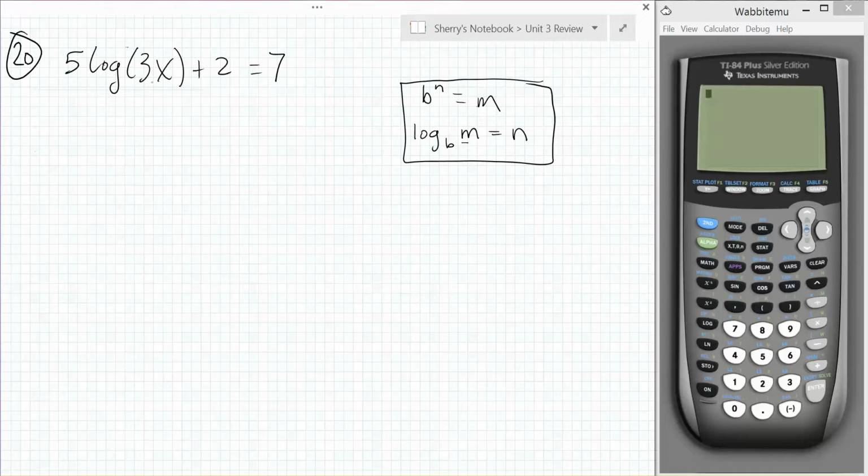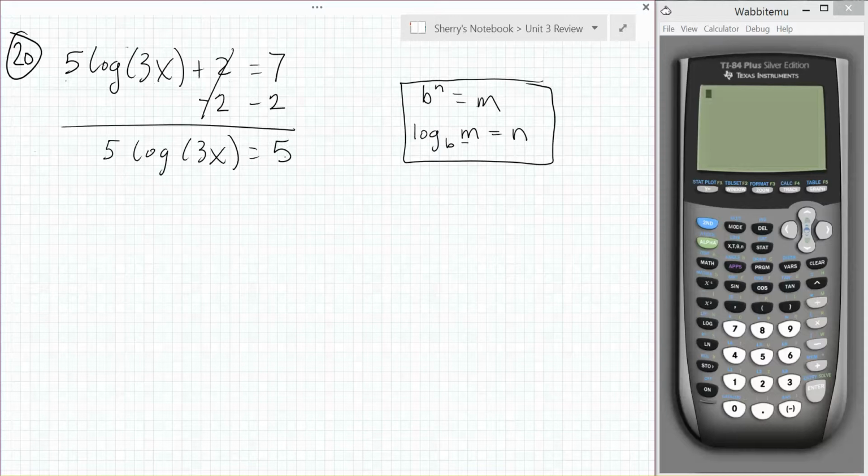So outside of the log equation here, notice I've got a 5 that's being multiplied and a 2 that's being added, so we need to get rid of those first. Plus or minus is the weakest link in PEMDAS, so we take care of that first. Bringing this down, this is going to give me 5 log of 3x equals 5 after we do the 7